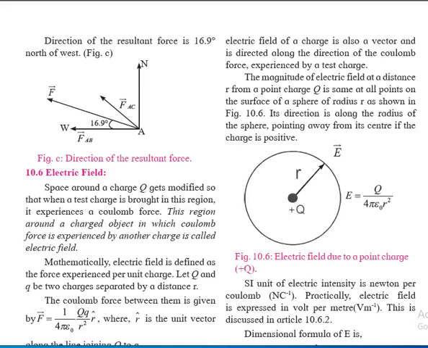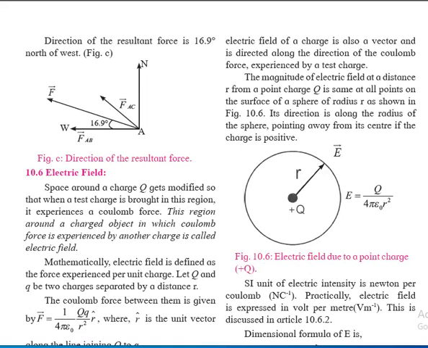Now, a formula can also be made for it. As we all know, electric field is defined as force experienced per unit charge. That means F upon Q. If I consider, in place of Q1 and Q2, capital Q and small q to be the two charges separated by distance r, then Coulomb's force F is equal to 1 upon 4 pi epsilon naught Q1 Q2 upon r square. Now if we consider capital Q and small q in place of Q1 and Q2, this equation turns